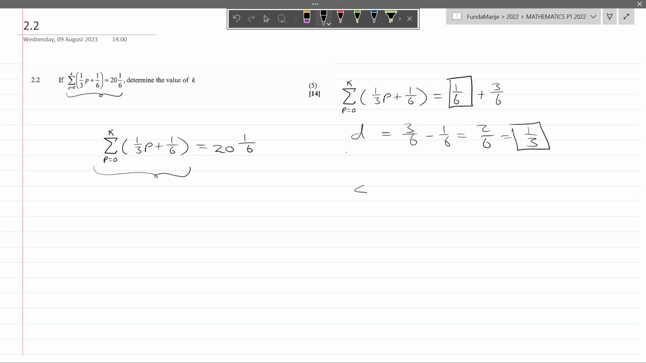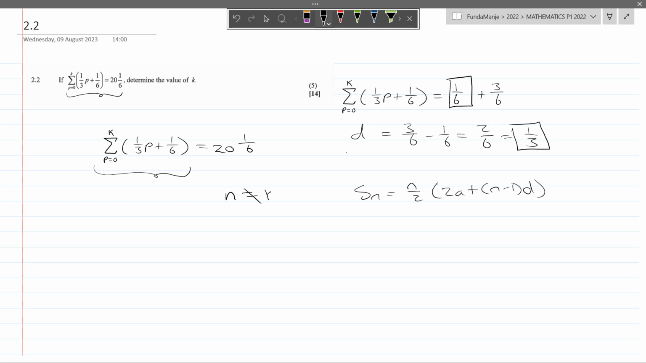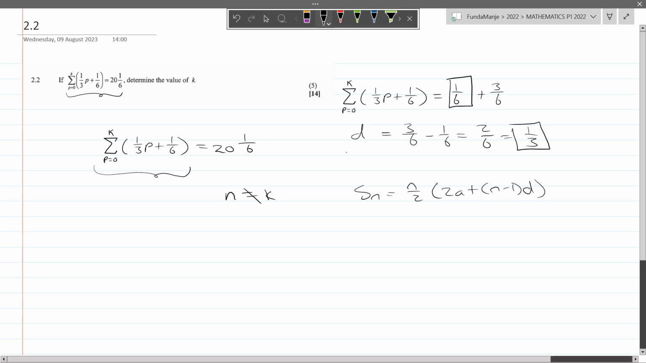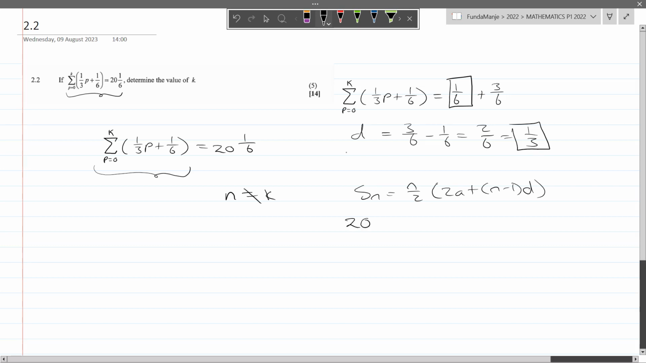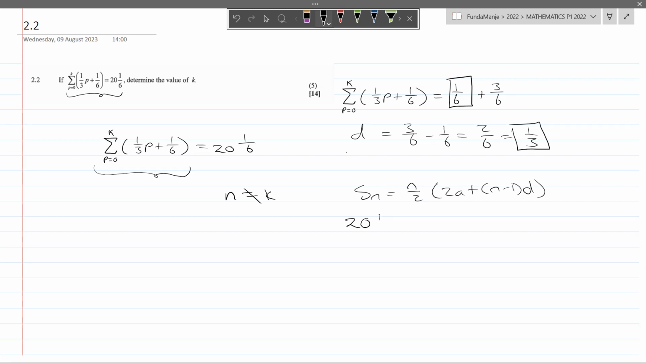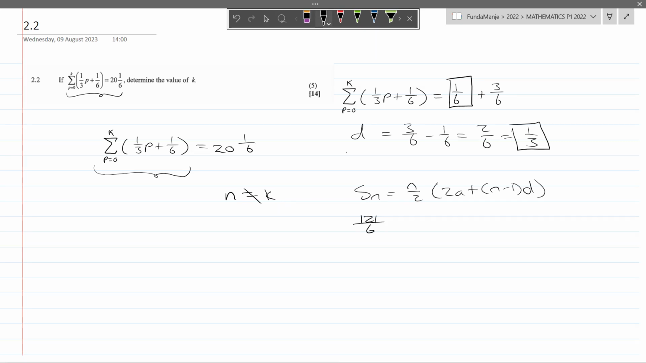when we're using the sum of formula, Sn is equal to n over 2, 2a plus n minus 1 d. In this case, n is not equal to k. So if we solve for how many numbers we need to get the total of, in this case, it's 20 and 1 over 6, or since it's a mixed fraction, it would be 121 over 6 if we rewrote it. So we already know that the sum of the sigma is going to result in this total, but we are